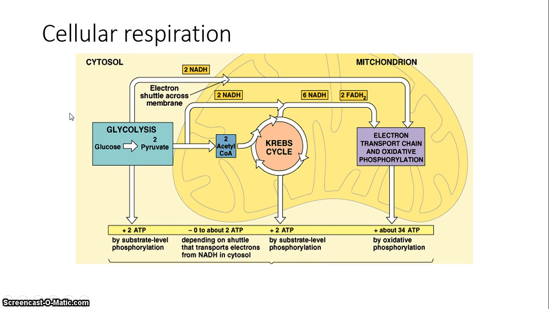Essentially here, aerobic cellular respiration, you start out in the cytoplasm with glycolysis. And just a side note, glycolysis occurs in all living things. It's the first step in all living things. So this is another one of those pieces of evidence for all of us being related. Whether you're a bacteria or a plant or a human or a fungus, it all starts out here. So glucose gets broken down to pyruvate. Now if you do have oxygen and mitochondria,